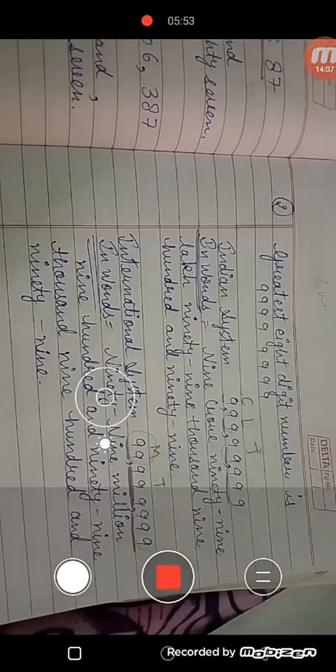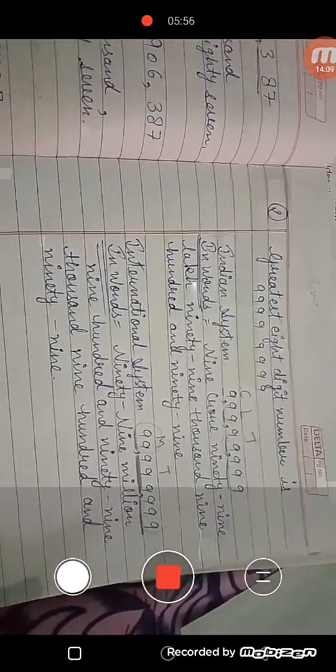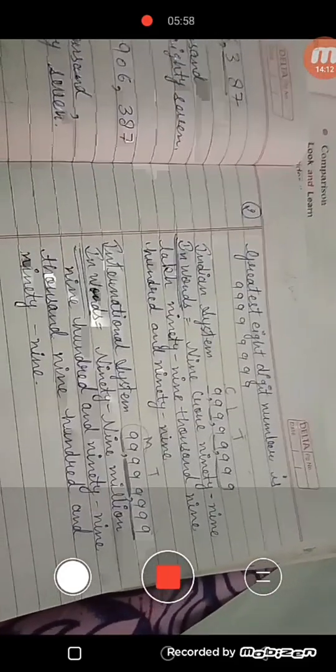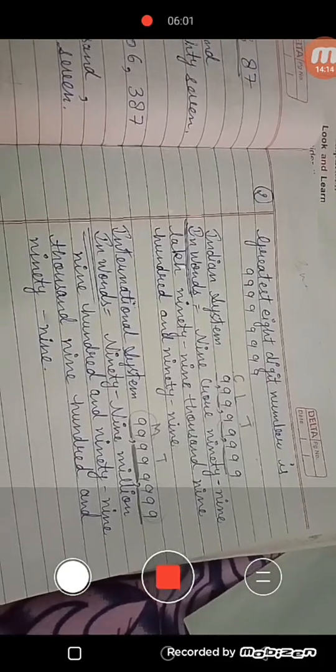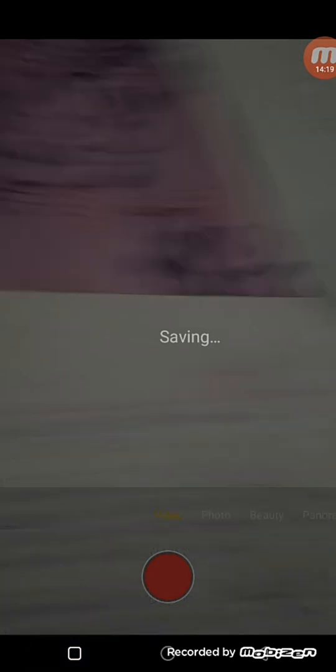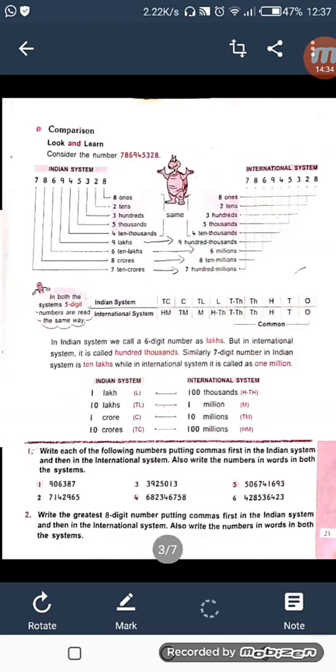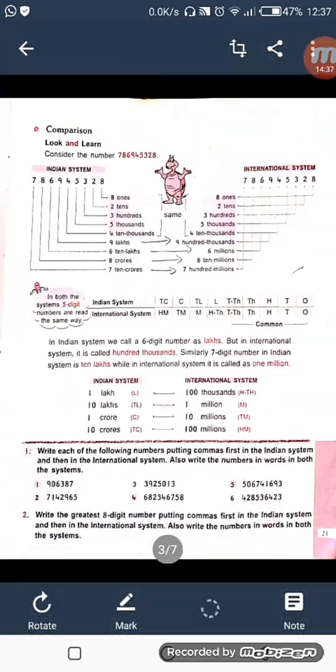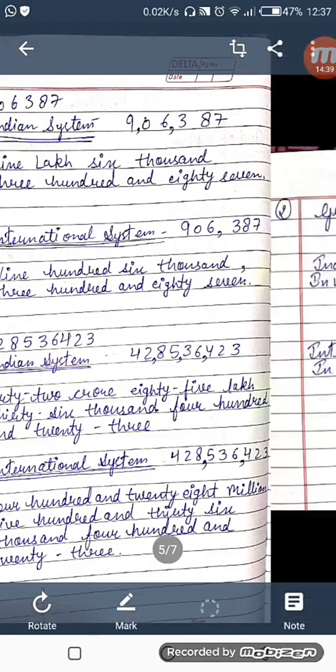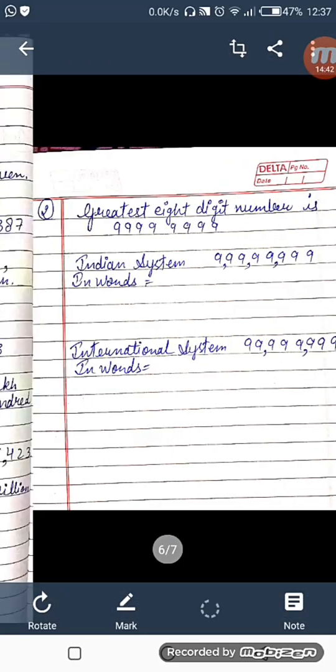If you have any kind of problem in this question, you can ask me. Also, I am sending a PDF to you. I will explain it to you first. See, in this I have done the 2 questions which we have done currently, and also this comparison is done in an easier way by me, and I have written it down here like this.